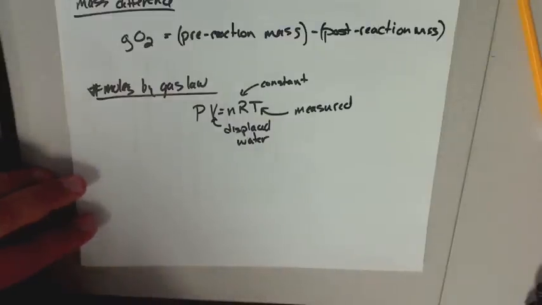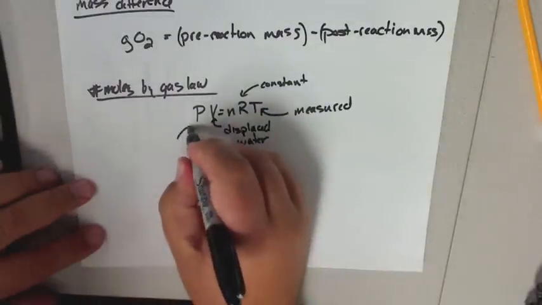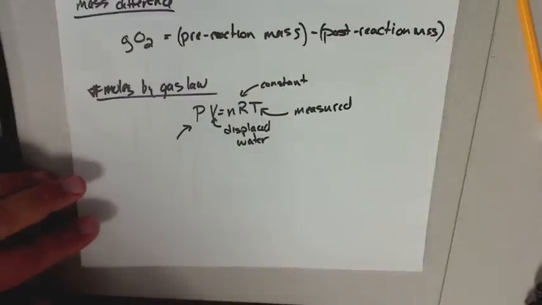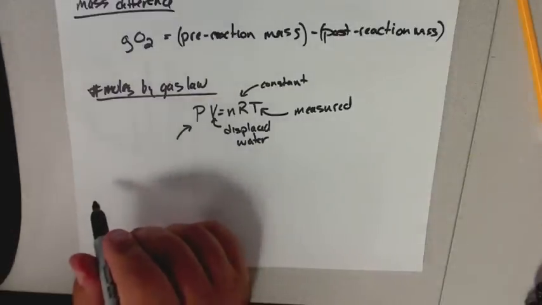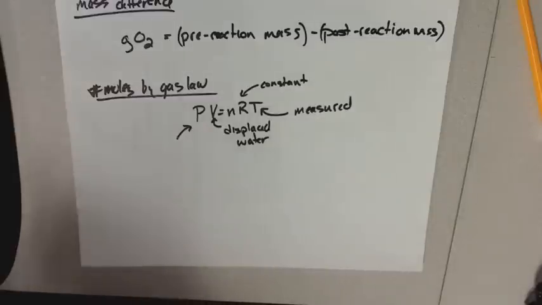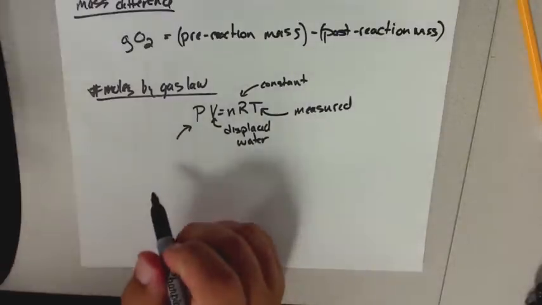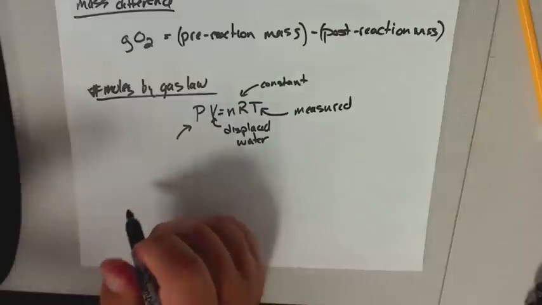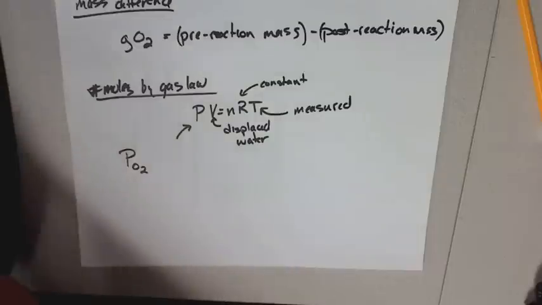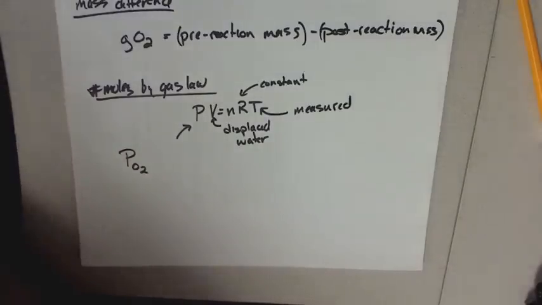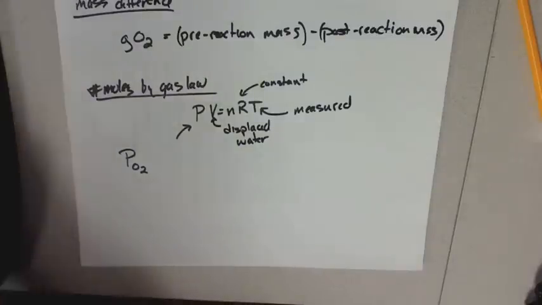Okay, so the complicating factor here then is the pressure. The pressure turns out to be a little bit more complicated because what we really need is the pressure of the oxygen. Now if you think about the flask, the flask is pushing out. It's an open system, right? The beaker is open, so the total pressure is the atmospheric pressure. But we want to know the partial pressure of oxygen. The temptation might be to think, well, that's the thing that's being pushed out, so it's equal to atmospheric, and it's not quite,